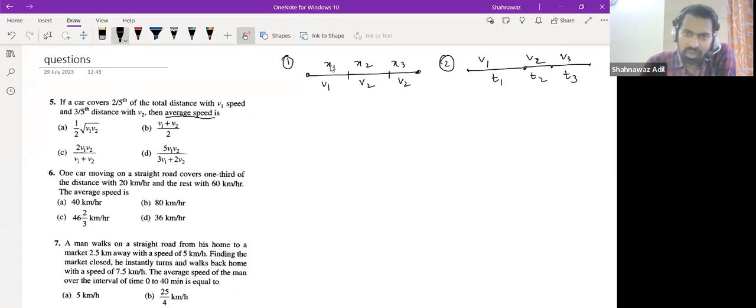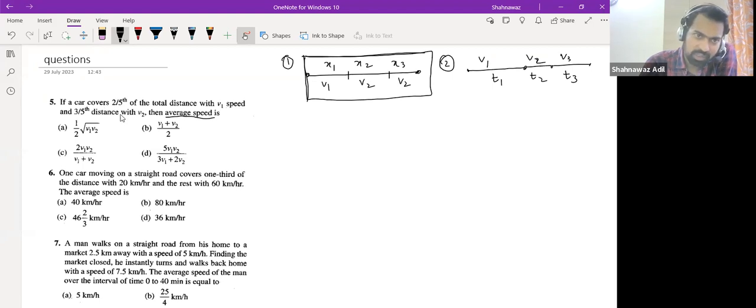So let us talk about this one. I will derive one part, and then you guys will tell me what you get with this one. So average speed,